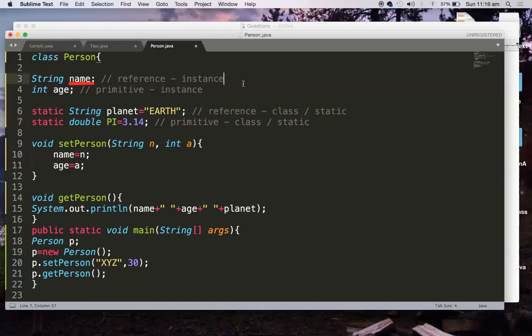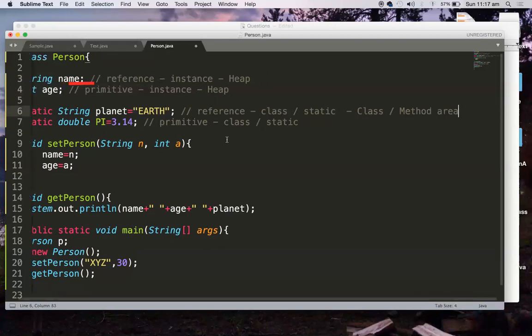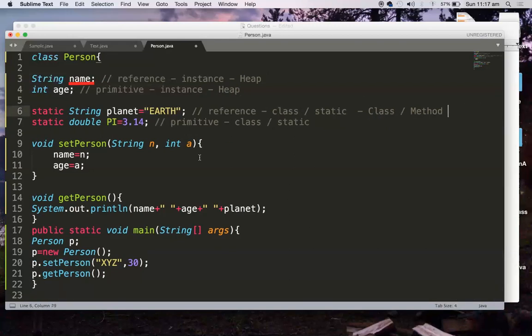Now one more thing I would like to tell you: all the instance members will be stored in the heap area, and all the static members will be stored in a memory called class area, which is also called method area. So these will be stored in the method area, or class area, right?